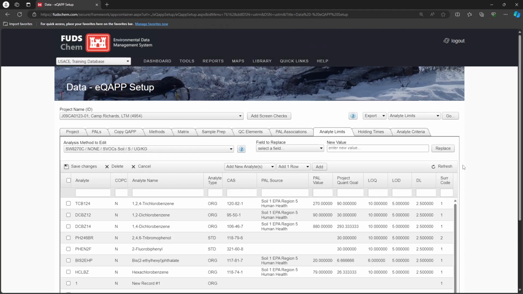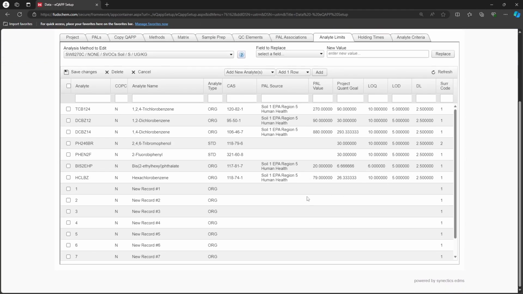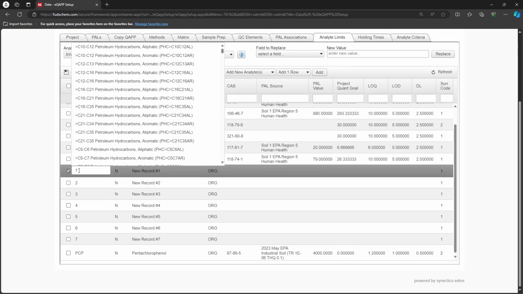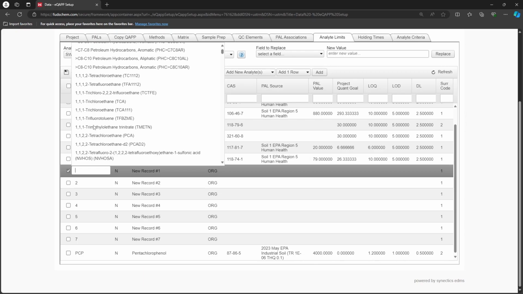If you need to add significantly more than 10 analytes, reach out to your Synectics point of contact for assistance. We can see that the new rows are blank. Click directly on the numbers in the Analyte column to update them. We will change them to the following: